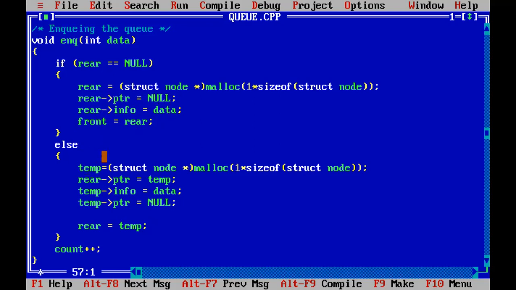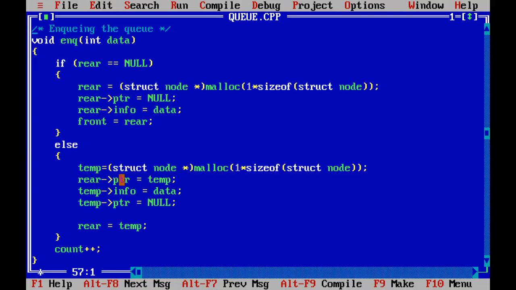Okay, if the queue is already present, meaning data is already present in the queue, then at that time we have to create a new node. With this line we create a new temporary node, and we have to attach it after the rear.